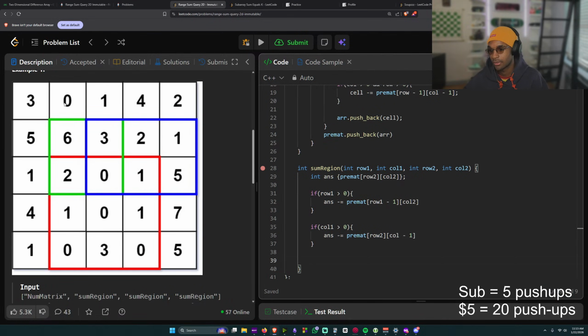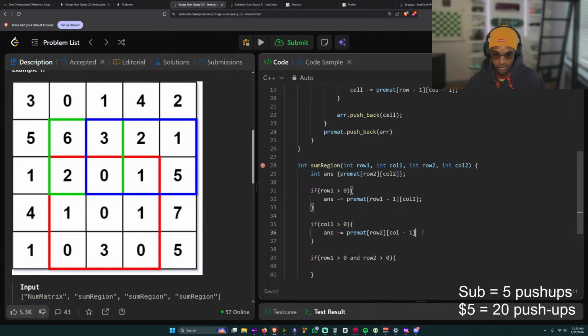Oh, easy. Just subtract. I think I get it. You just literally have to subtract like diagonally, right? It's like if row 1 greater than 0 and row 2 greater than 0.